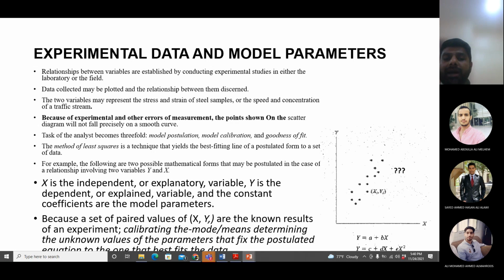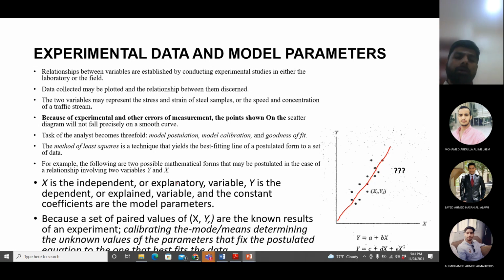That is the best fit line, and to find it out, we use the least square method. The least square method will help you find an equation which is the best fit equation, and that equation will give the best fit line. So it will be a line like this. It's not connecting all the points, but at least it is passing through some of the points, and its distance to the remaining points is not so much.